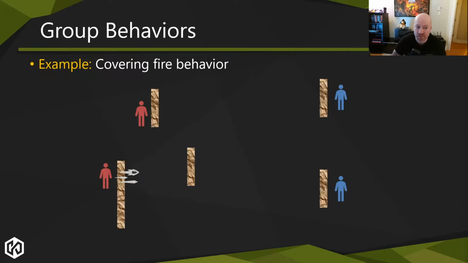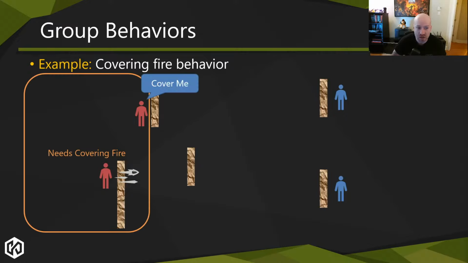Another option could be that we have the exact same situation, but the other agent is already firing. So you could have it yell cover me. It's already in the cover behavior. If it detects that it's in the zone while it's already shooting, it can just issue the bark and say covering, and we'd have the exact same thing happen again. And, you know, we faked to a large degree group behavior. Didn't need any coordination, didn't need any managers, didn't need anything crazy like that.